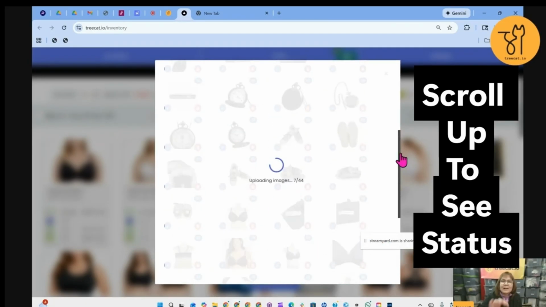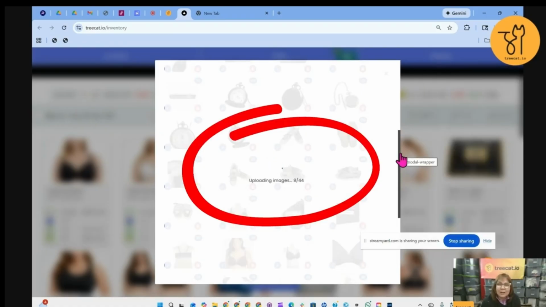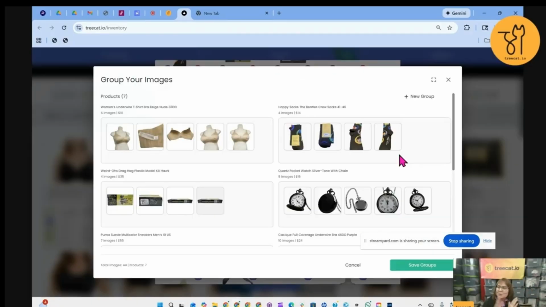So if I scroll back up, it tells me it's uploading 44 images. So what the AI is doing is it's determining, okay, what is this item? And which of these pictures need to go in this item's listing? And as you can see, there was no pre-configuration needed. There was no pre-selection needed, and there was no template or setup needed. The AI literally just took my images that I uploaded and decided what each item was and put them each